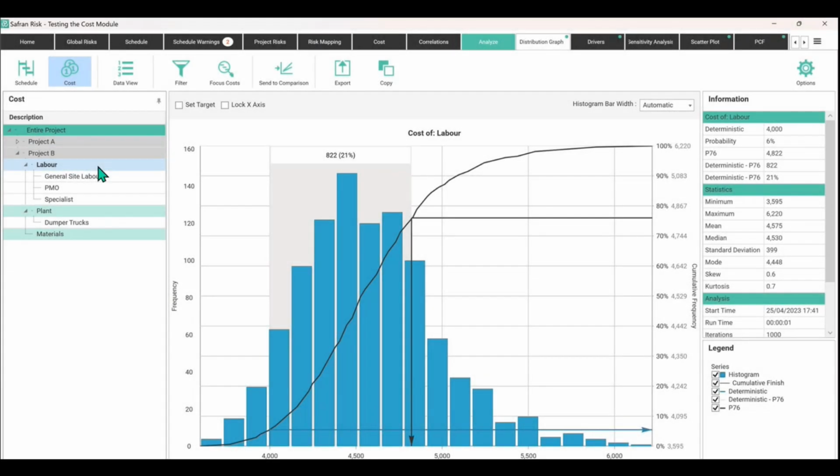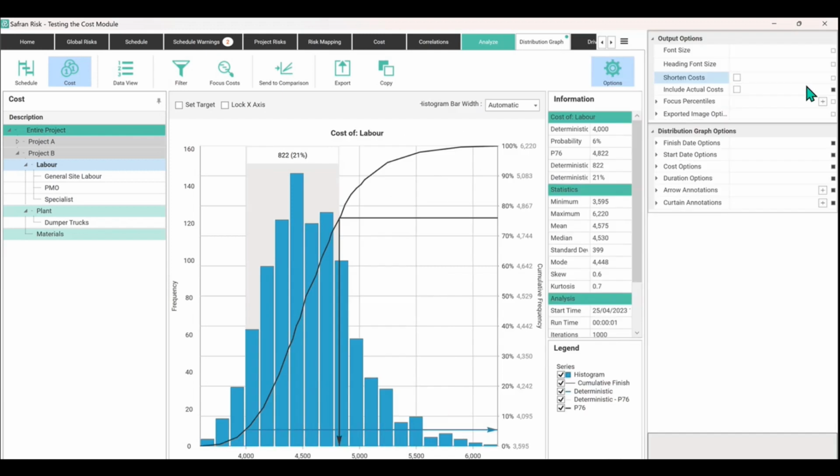Okay, and just a quick note now on the distribution graph. In case you're wondering how you make some of the customizations in terms of the p-value, the focus values that you want to highlight with arrows and annotations, curtains like this little grey box that's on here, to find all of that, you need to go into the options cog here in the top right corner of